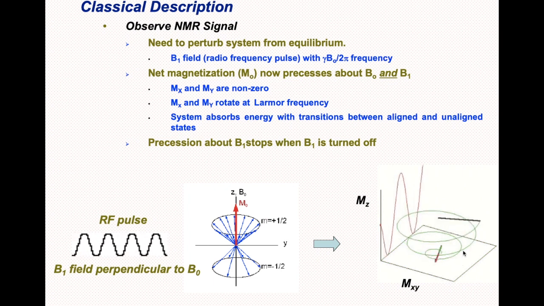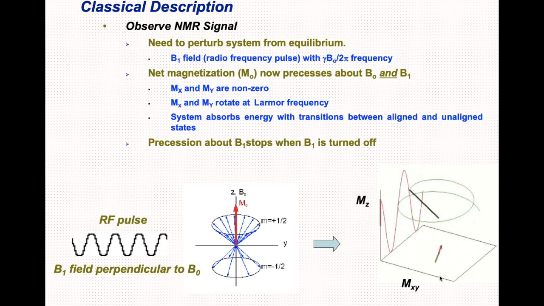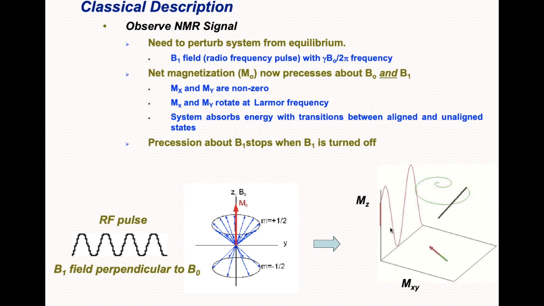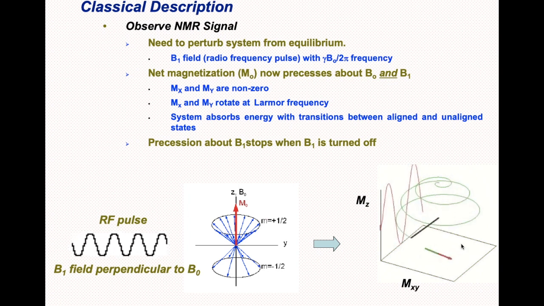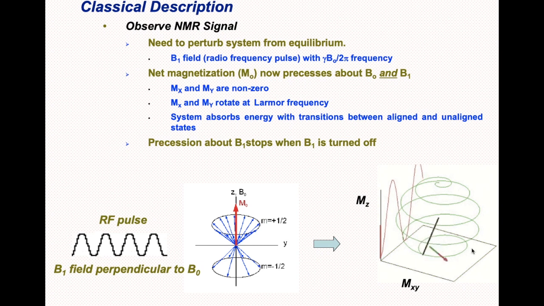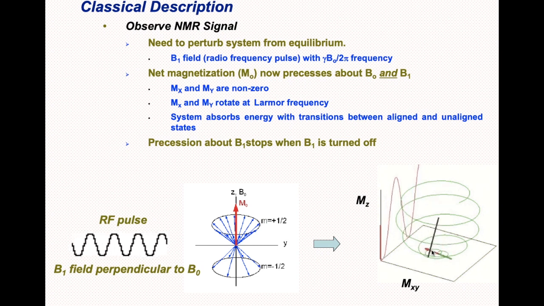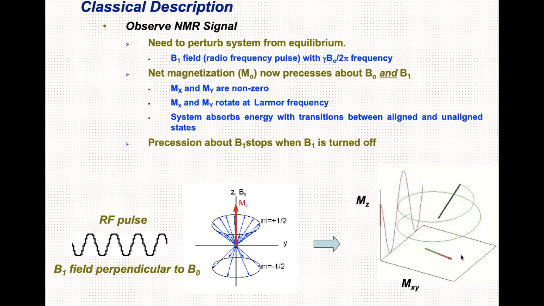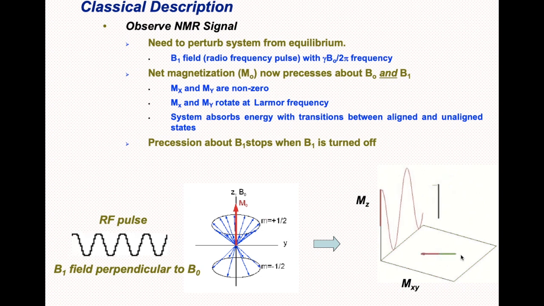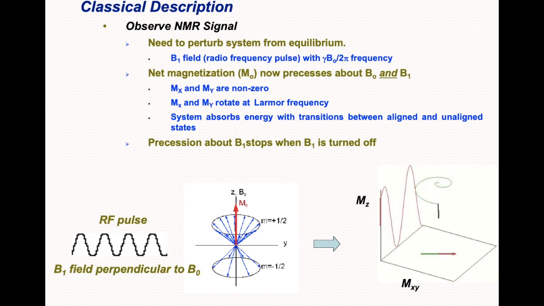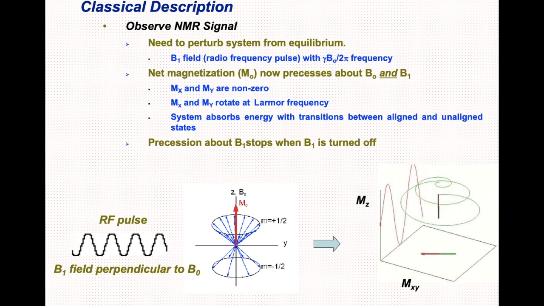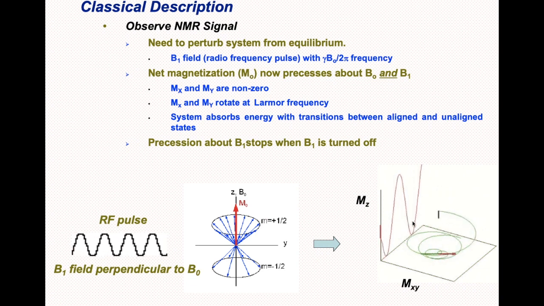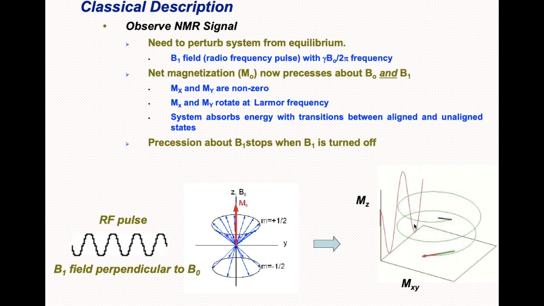Now, suppose you have only one type of nuclei in your system, then you see one time constant when you try to fit the free induction decay. On the other hand, if more than one type of nuclei is present in your system, you will see different time constants in the free induction decay. Now, how to convert the time information to frequency information? Because frequency is something that we can easily understand and interpret while deducing the chemical structure of a given unknown molecule, but not the time information.